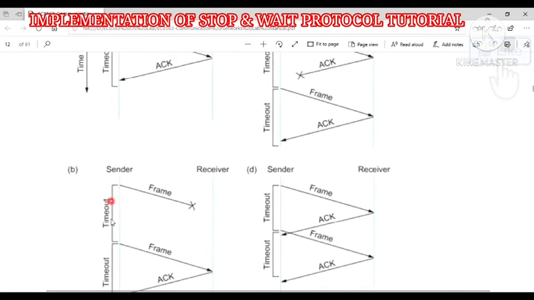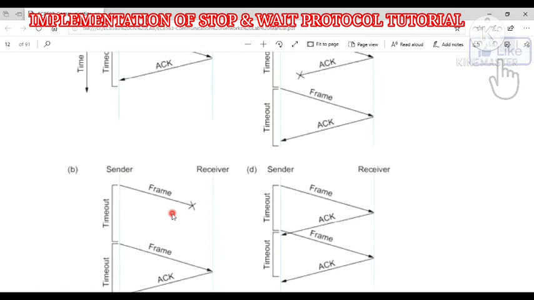Once the timer expires, it thinks our frame is lost or corrupted, so we need to resend the same frame to the receiver. Likewise, the sender again sends the same previous frame, because it doesn't receive the acknowledgement. The sender keeps a copy of the frame until it gets acknowledged.